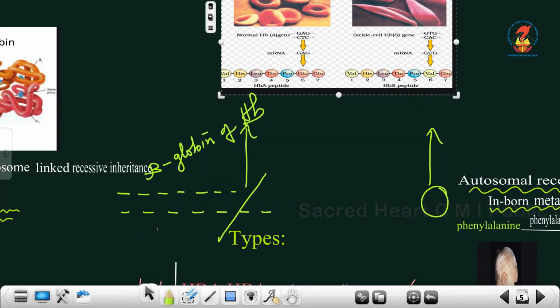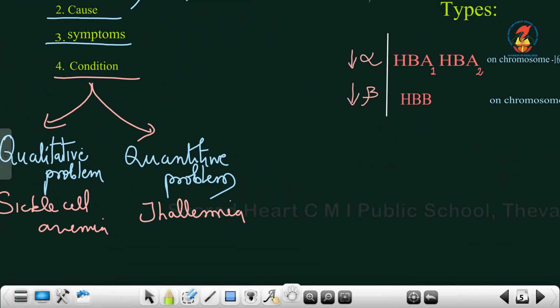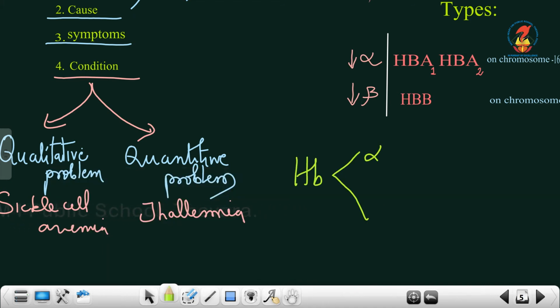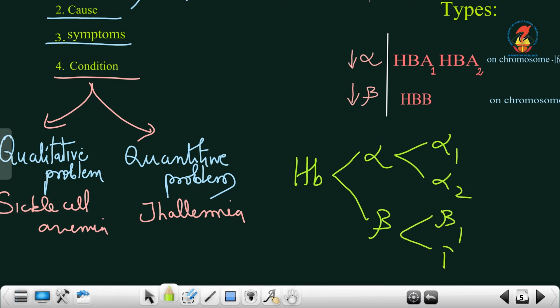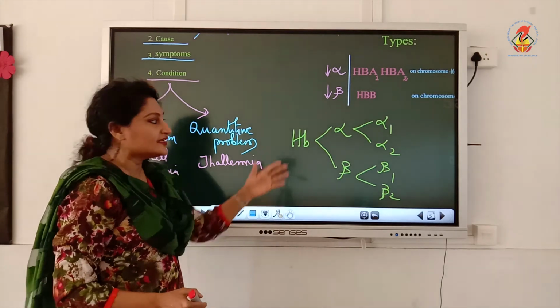Now let's go to the other, thalassemia. Thalassemia is a quantitative problem. Now quantitative, from that you get a clue, the number. I told you in a normal hemoglobin there are alpha chains and beta chains. How many alphas are there? 2 alpha, alpha 1, alpha 2. Beta, how many are there? Beta 1, beta 2. So this is the normal hemoglobin, but sometimes the rate of synthesis of either alpha